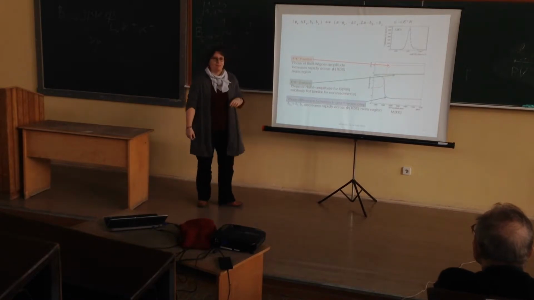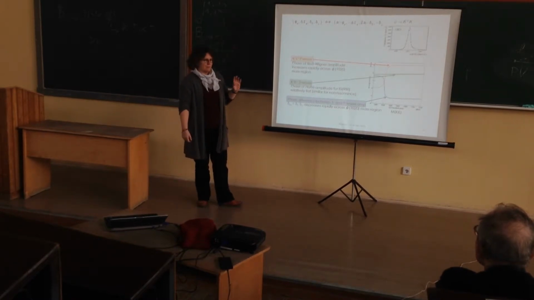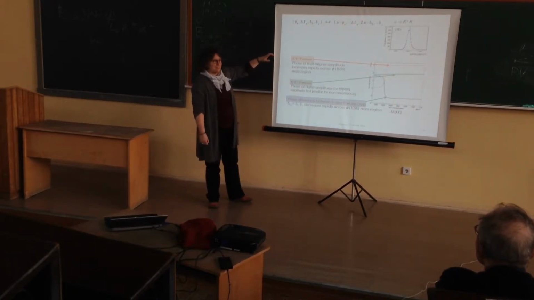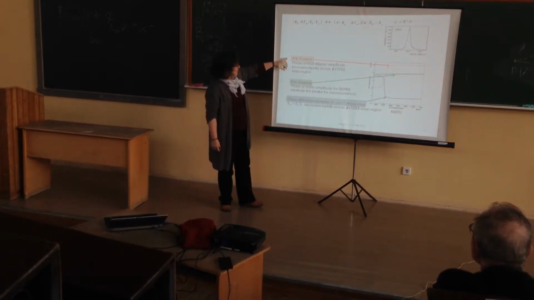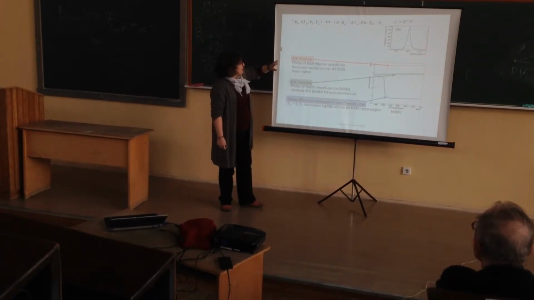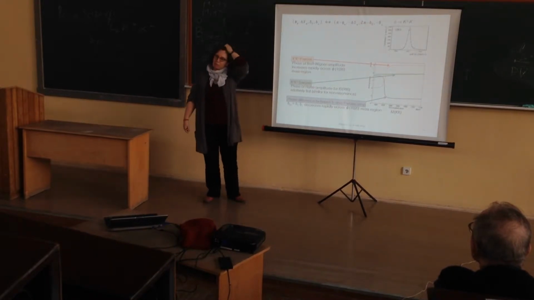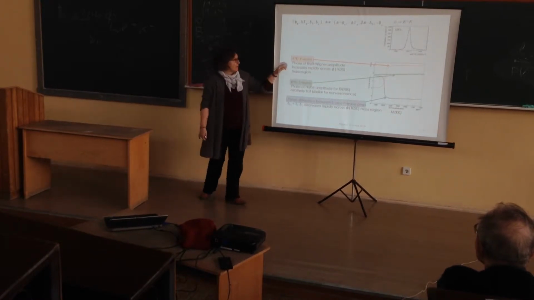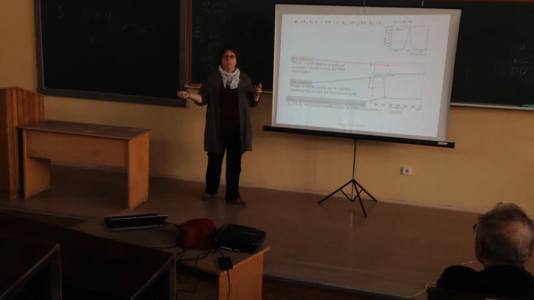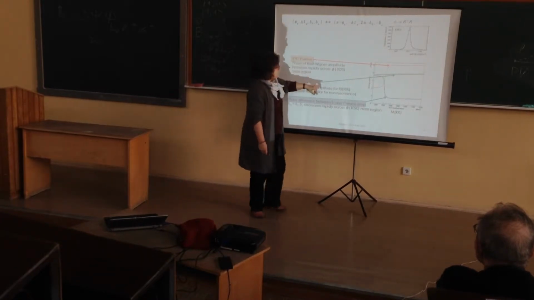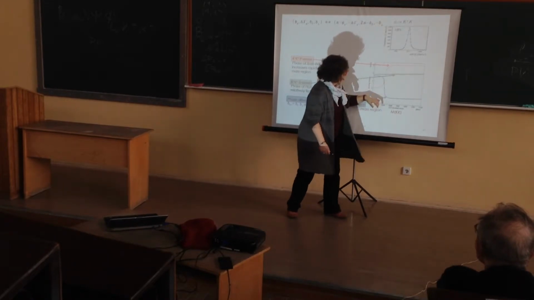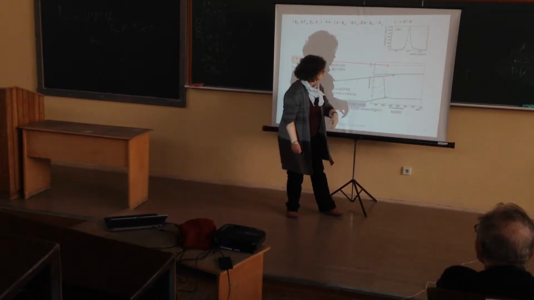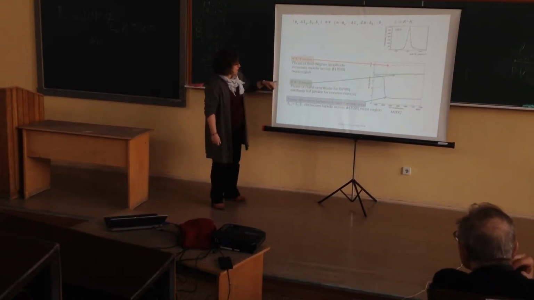Okay, so this is some view. It can be some kind of student exercise from a nasty professor at some point. Maybe one day you will look at the slide and say, oh, I will use that. So if the K plus K minus pair is coming from the phi, it's a P wave and it's a Breit-Wigner. And the phase of a Breit-Wigner amplitude, you can prove yourself, varies like the red thing, and it changes rapidly around the resonance mass, which is 1020 in that case, okay?